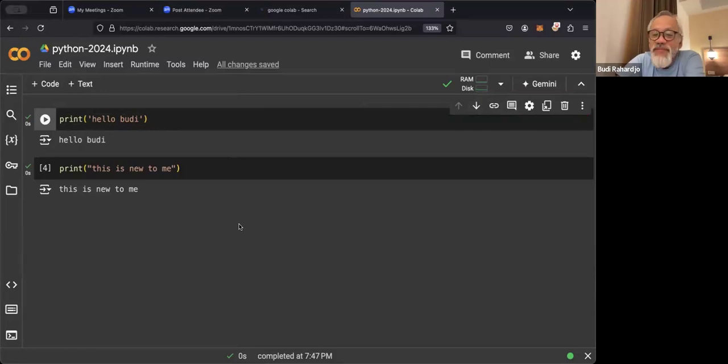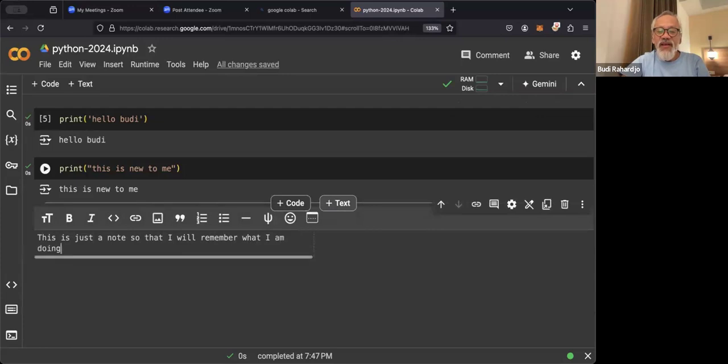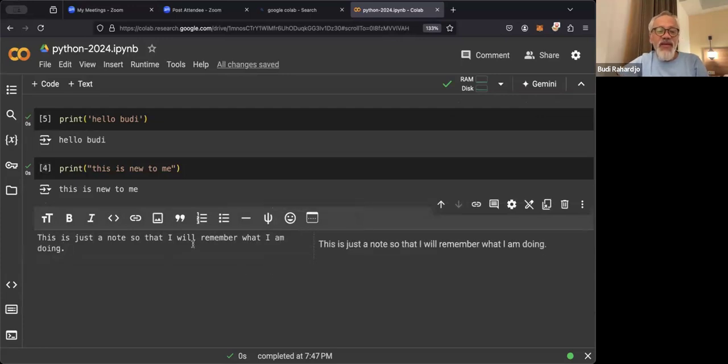Now, in this notebook, if you hover, there's code and there's text. If you click on text, this is just like a note, so that I will remember what I am doing. If I move to another place, it will basically be a note.